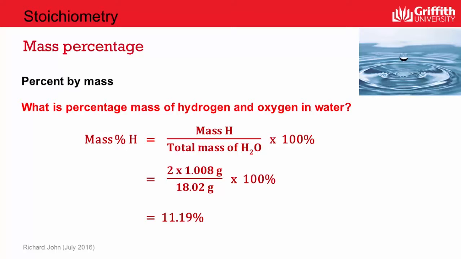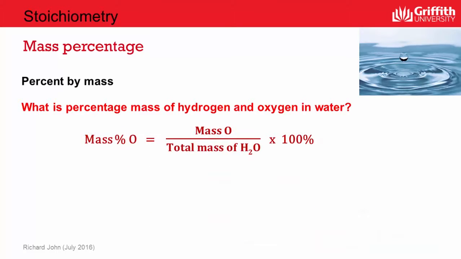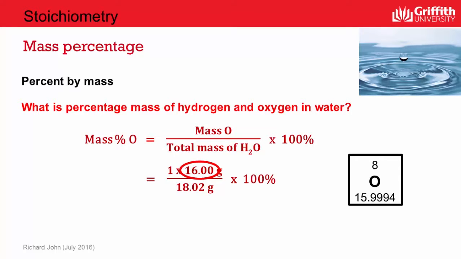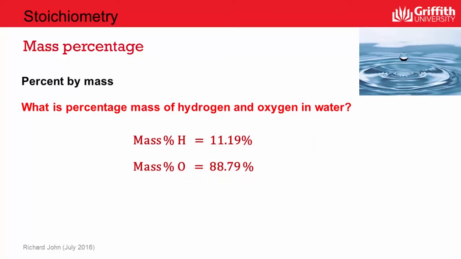When we plug those numbers into our calculator, we get 11.19% being the mass percentage of hydrogen in water. The contribution from oxygen is this 1 times 16.00. So again, we can substitute that into an expression for the mass percentage of oxygen and say that the mass percent of oxygen is 1 times 16.00 over 18.02. And again, we see that this number here is derived from the periodic table, the molar mass of oxygen to 4 significant figures, and this number here is the molar mass of the whole compound. When we plug those numbers into our calculator, we get the number 88.79%. So the mass percent of hydrogen, 11.19%, the mass percent of oxygen,